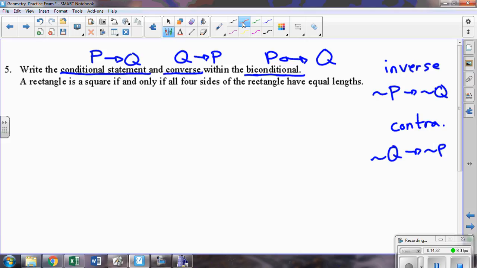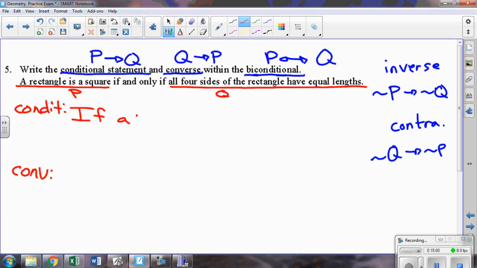To actually address this, we were asked for the conditional, and we were asked to write up the converse. A rectangle is a square if and only if all four sides of the rectangle have equal length. Essentially, we're finding our P and Q. So our conditional: if a rectangle is a square, then